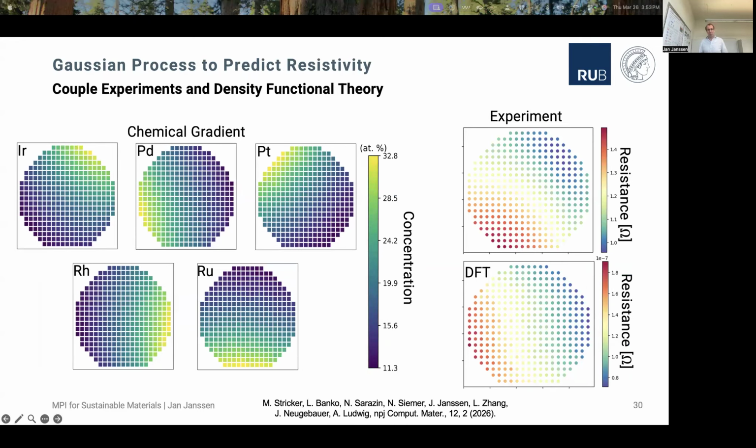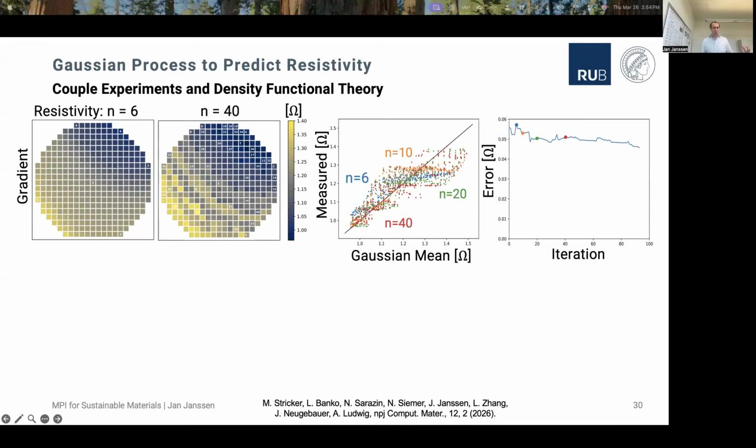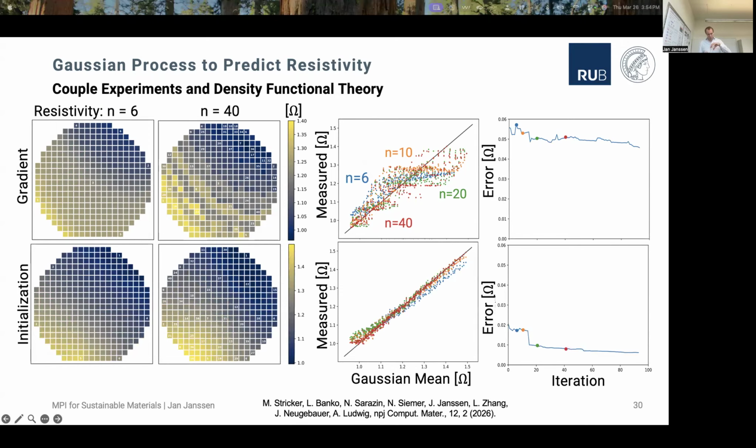Again, the same chemical gradients of the different concentrations. And then we have the experimental measurement, and below there's the theoretical calculations that we did. And really, now we bring both of these data sources into the same experiment. If we do this naively, just coupling both, this doesn't work so well. But what works very well is using the density functional theory data to optimize the hyperparameters, and then use this optimized machine learning model. In this case, it's just a Gaussian process to predict on the